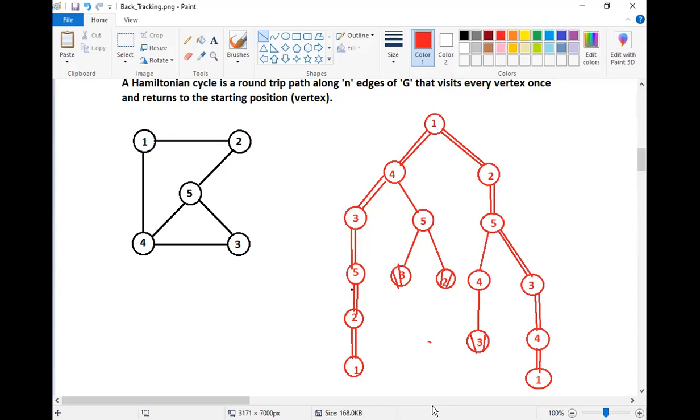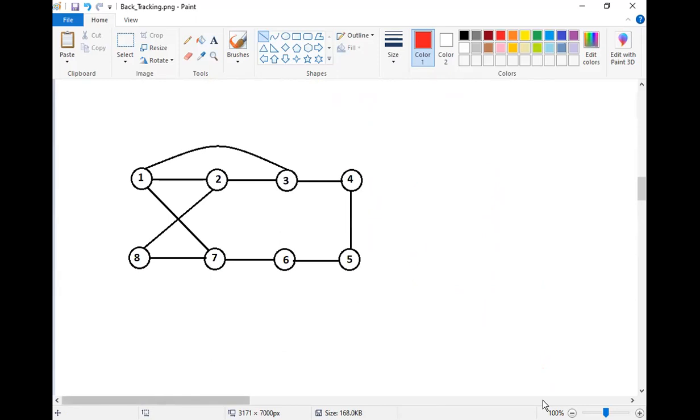Right? Now, if it is understood, can you tell me what would be the Hamiltonian cycle here? Just tell me the path. See, in this one, we get a tree, but that tree is not a binary tree. Because if I consider the root node as 1, from the root node, how many nodes can we travel to? 3, right? There will be 3 children. 3 children means it is not going to be a binary tree, but a normal tree.